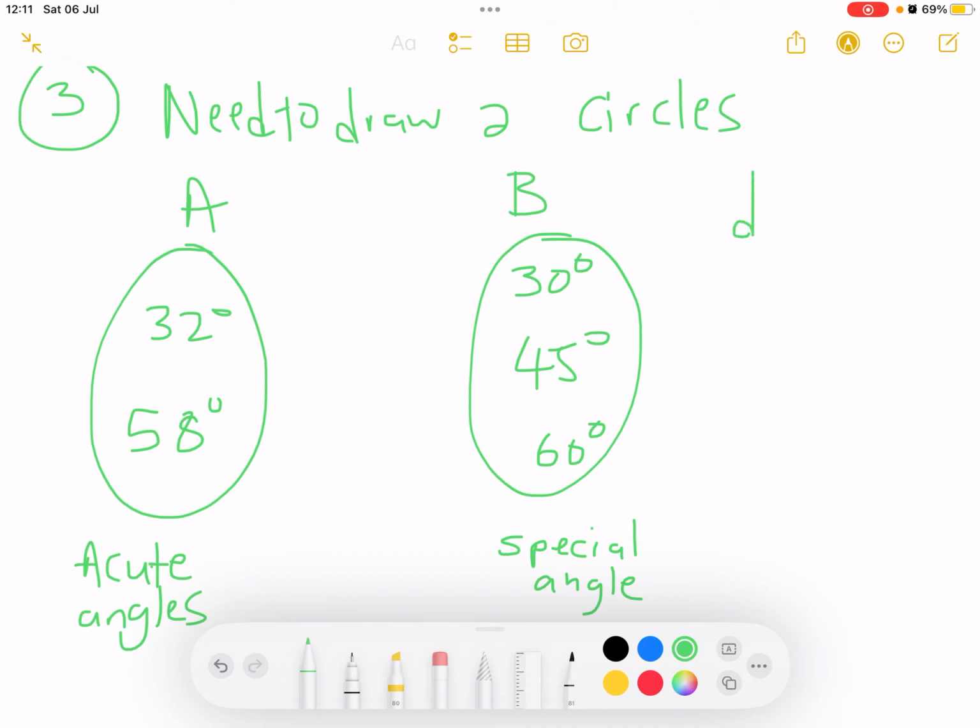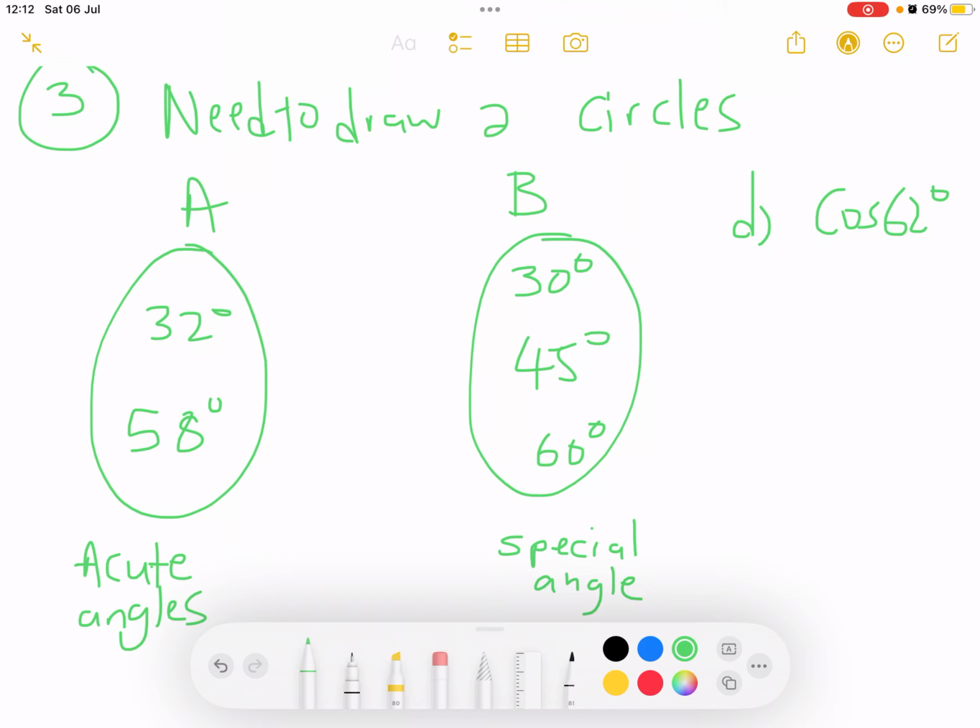For example, in number D, this is cos of 62. There is no 62, you can't make a double angle of it, so you can't use rule number 2. But if you check here, how can I make 62